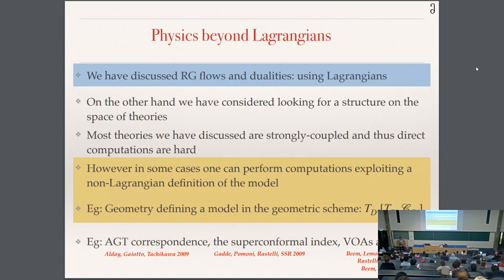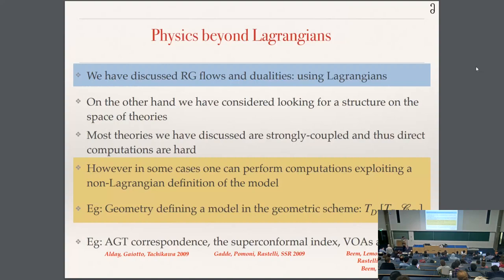You choose a 6-dimensional theory, you choose a geometry on which you compactify. This defines a 4-dimensional theory, whether it has a known Lagrangian or doesn't have a known Lagrangian. There is a theory which exists, and you can ask whether you can compute anything about this theory. In many cases, or in some cases, you can use this geometrical understanding to come up with precise